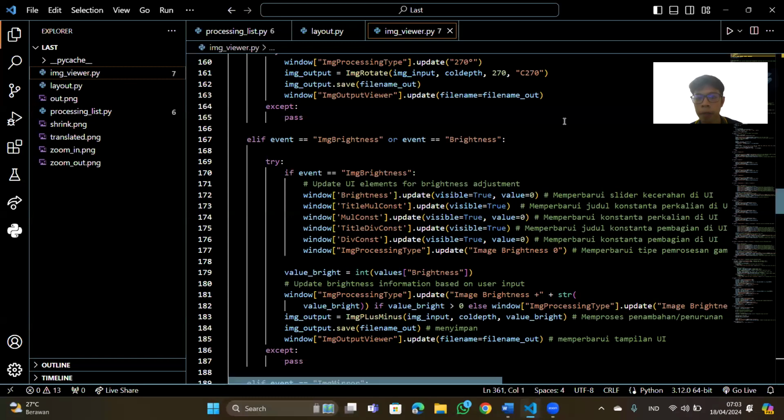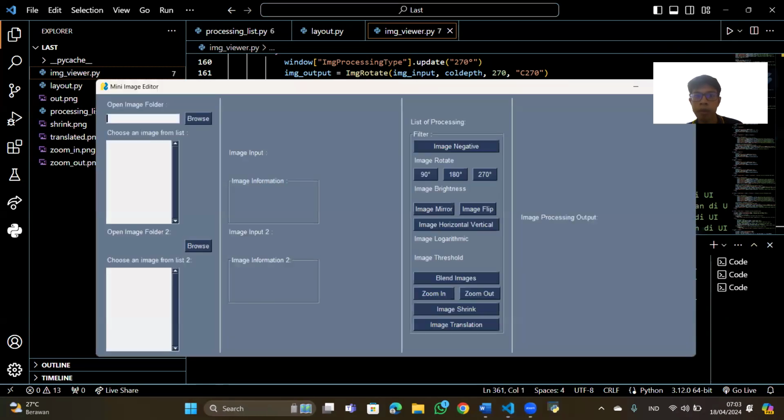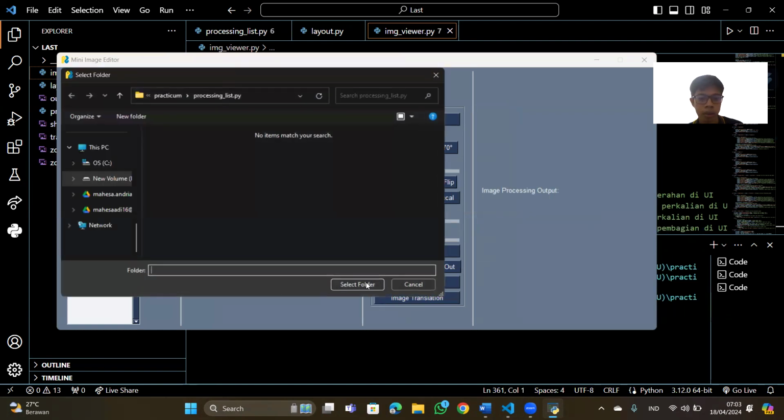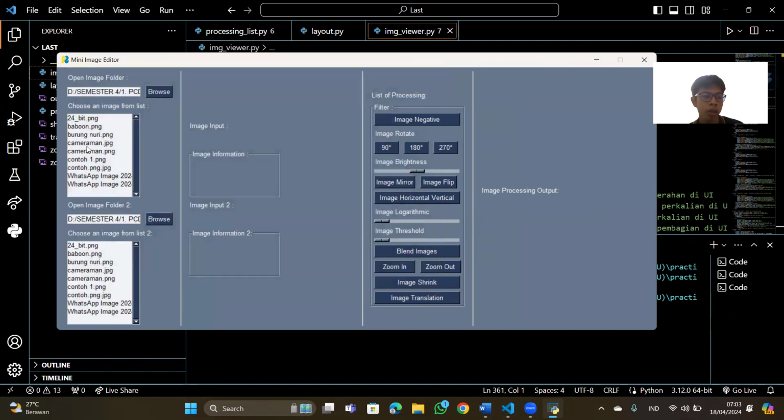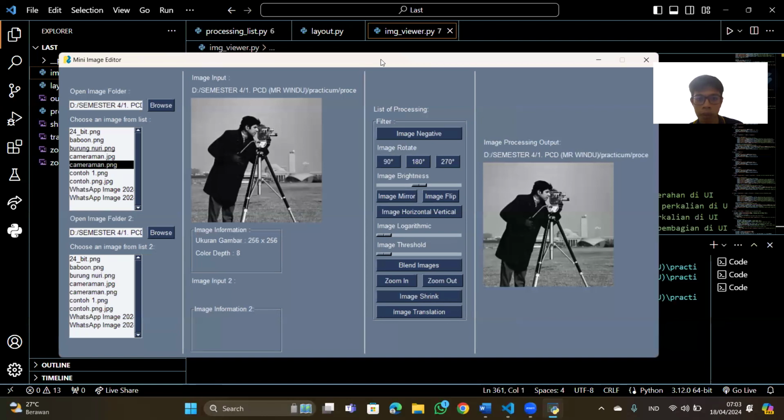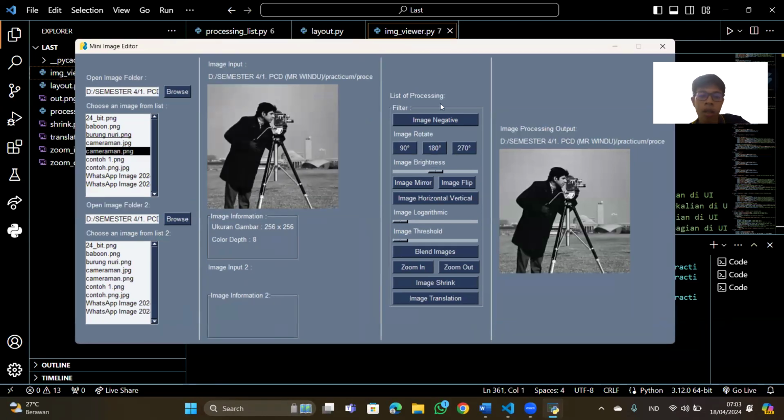Okay, share screen. Before I explain my code, maybe I will show the layout first. For the demo, I will use the cameraman image. In my demo project, I have